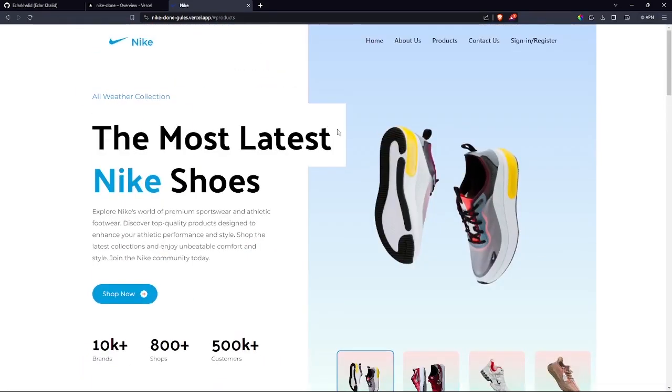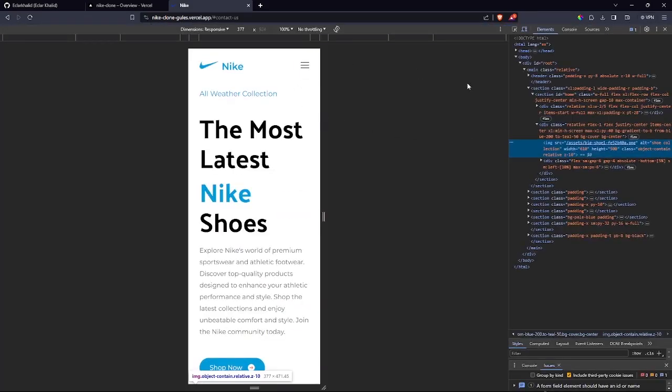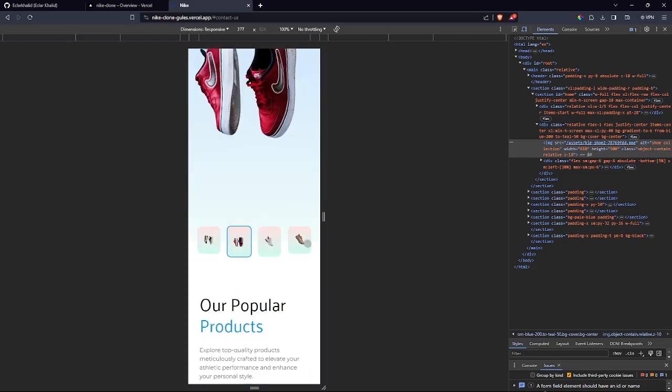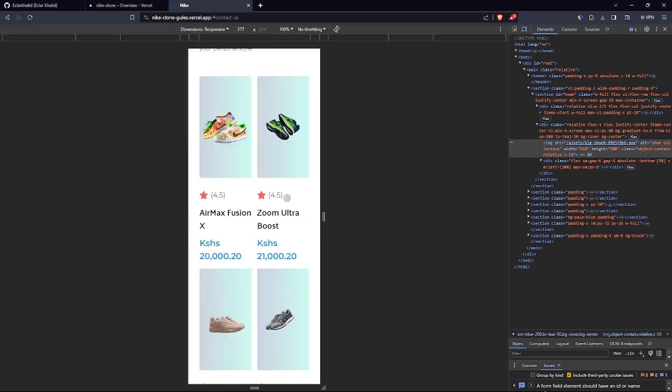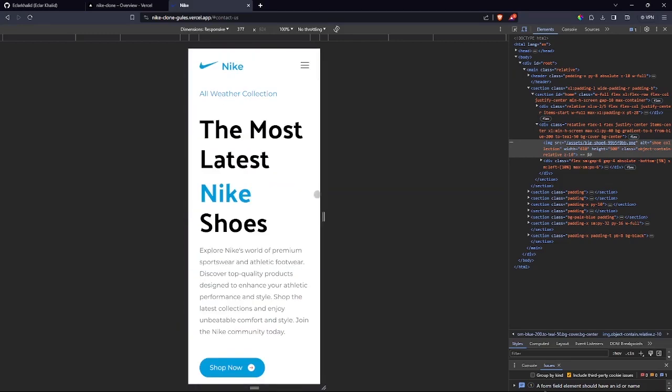And one thing about this project is that it's fully responsive. Let's first test this navigation bar. You can add the sign in here, but this is a front-end application, so ours doesn't have that. And if I come to the mobile devices you can see that it's fully responsive, and you can see this image switcher is also working. We have this beautiful website. So by the end of this video I'll be showing you how you can create this, and make sure you